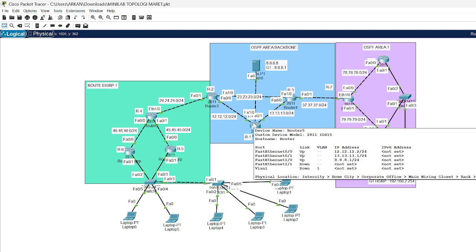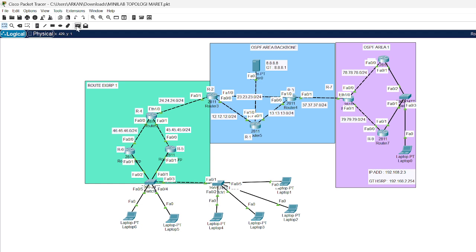This in router 1. Oh yeah, we test first from here, from router 6 to router 2 can ping because I already make redistribute.